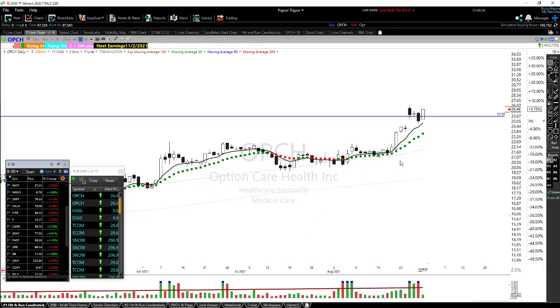When it gaps up, that's telling you that something is happening. Some kind of a news event usually, or an earnings event, which I guess could be a news event, or there's some big buyers out there buying it up. The majority of the time, if buyers pop it up, that's not done usually.